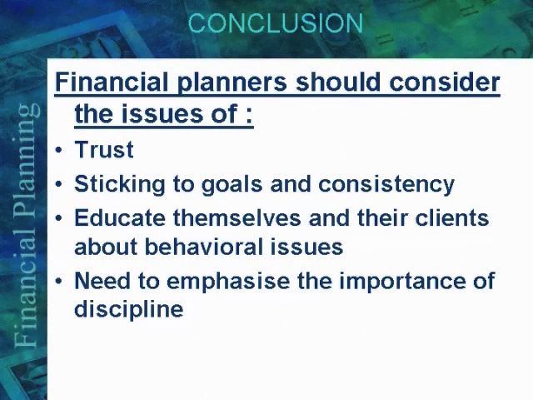Sticking to goals. When the markets go down, don't tell someone to sell their stocks and buy bonds. So no, you are in this for 30 years. This is your retirement plan. That's 3 business cycles. If you hold it for 30 years, you will make 12%. But if you panic, you're going to set yourself back. Sticking to goals and consistency. Over time, when your clients see that this works, listening to you works, and the trust has been built, that's all you need to be a good planner. They'll bring all the clients you can handle. So in the long run, it's good; in the short run, it can be tough because clients can leave you, especially if you're at the point of starting your practice. So it's really important that you understand that.